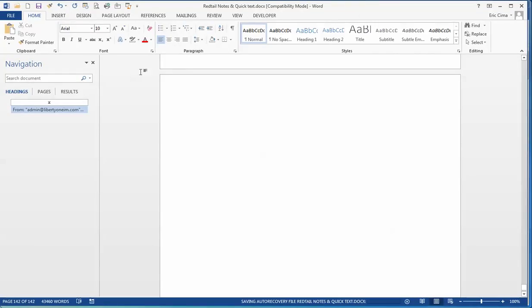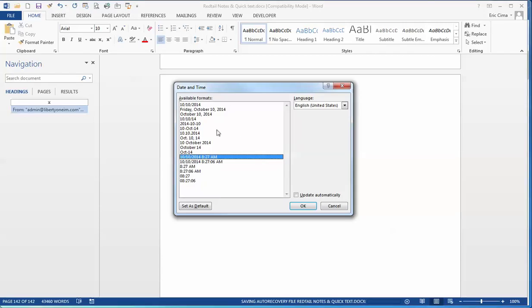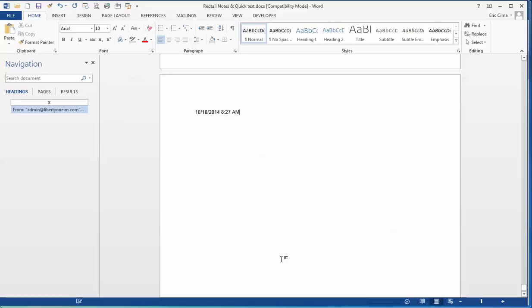Word has this great feature called date and time. If you click on it, it gives you a pre-selected date and time format. You simply click OK, and it gives you the current date and time. You can do this as soon as things are happening. In the event of the